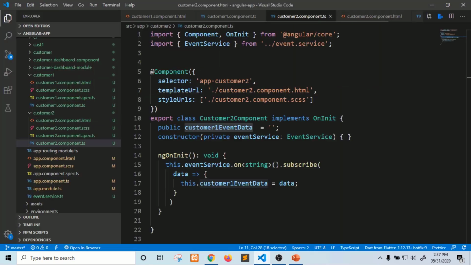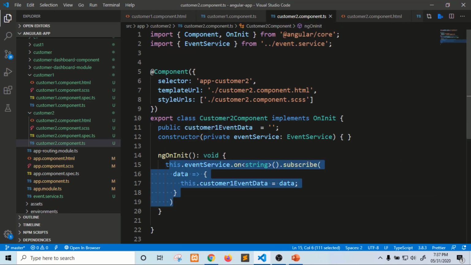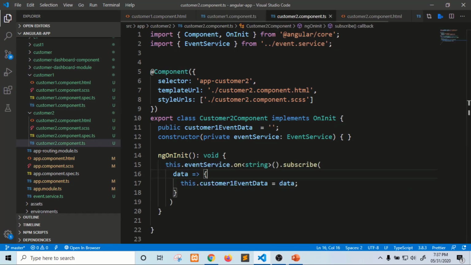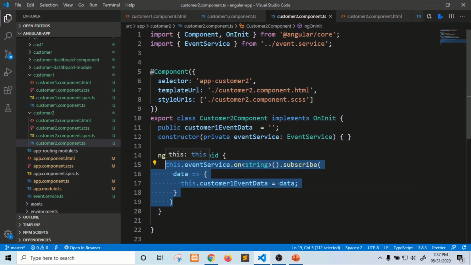If I come here, I can see this on method. I am reading this data only in customer 2, but we can read this emitted data from customer 1 in different components as well. For this we need to register it like this in the different components. If we need to pass data from customer 2 to customer 1, then we do it vice versa: we emit from there and register the on event in customer 1.